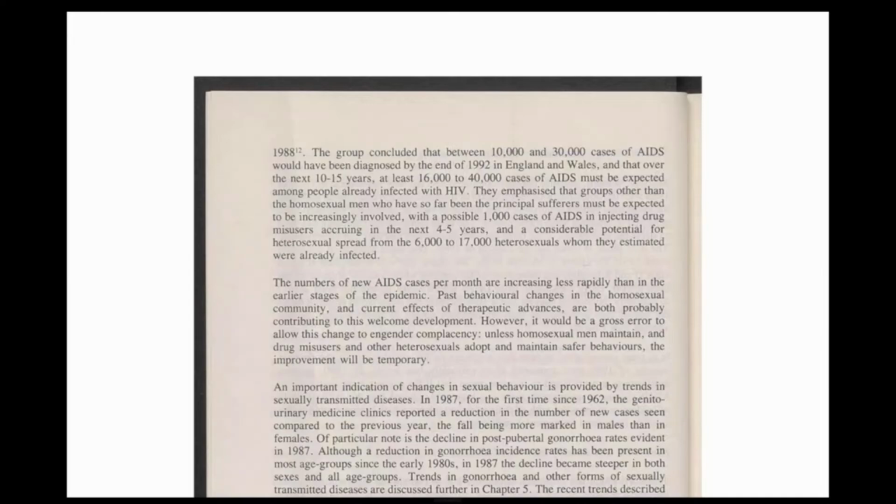But in the next paragraph, it's noted that the numbers of new AIDS cases per month were by then, so by 1988, increasing less rapidly than in earlier stages of the epidemic. Past behavioural changes in the homosexual community and the current effects of therapeutic advances were thought to both have probably contributed to this welcome development. However, Sir Donald Aitchison says it would be a gross error to allow this change to engender complacency, and he notes the need to maintain and for others to adopt the safer behaviours,